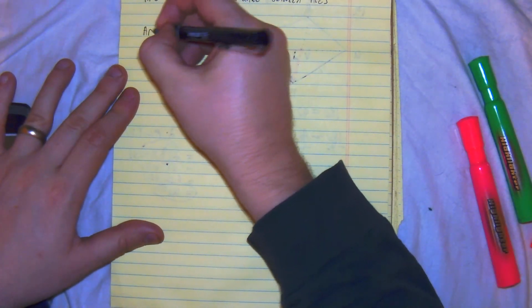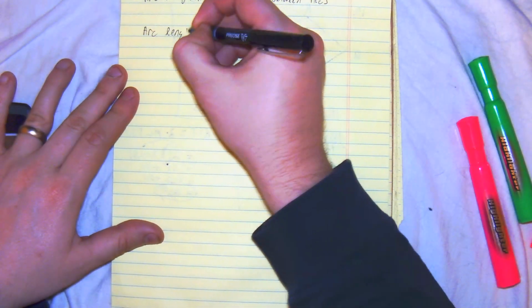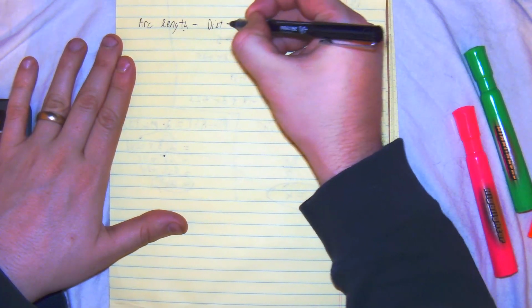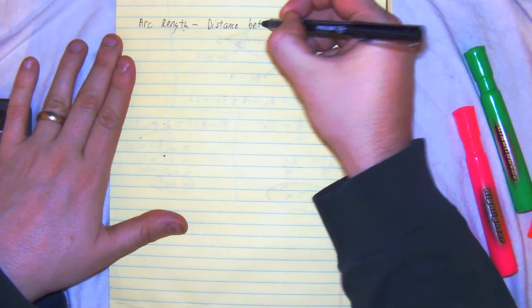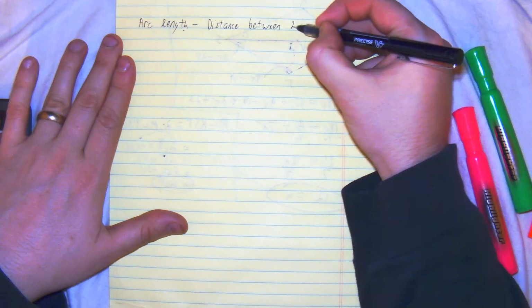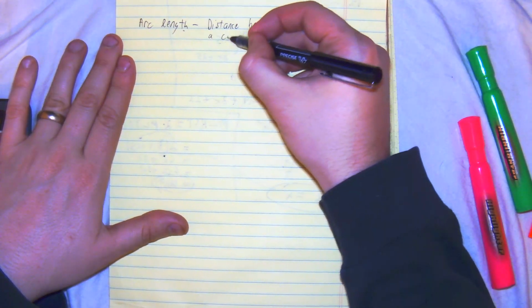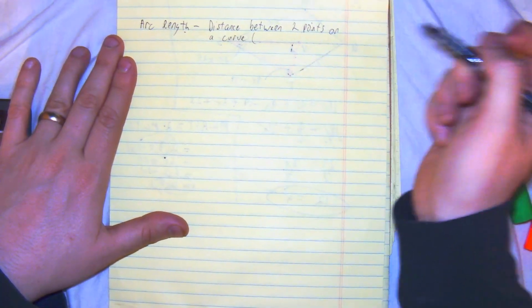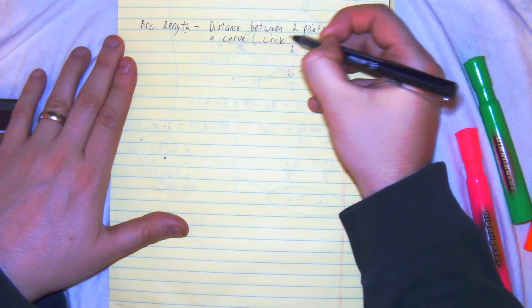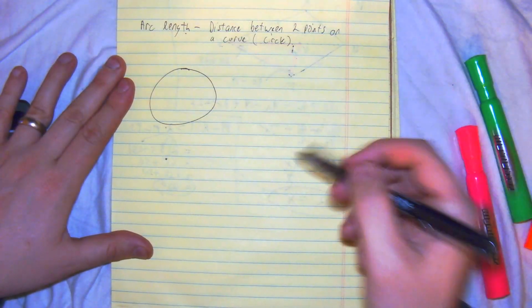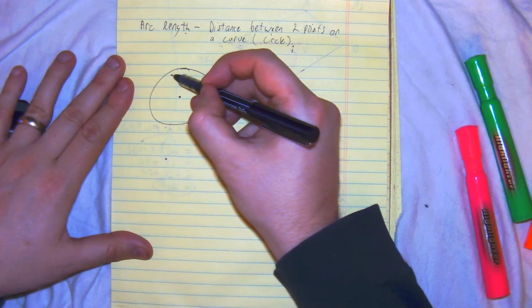Alright, we're going to focus on arc length here. Arc length, by definition, is the distance between 2 points on a curve. So in our circumstance, a circle. Alright? So, if we draw a circle, we have a central angle,